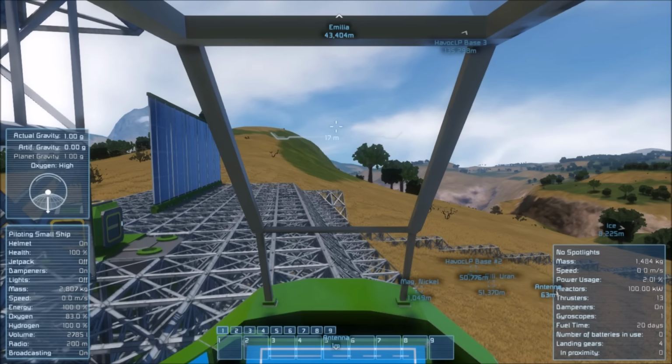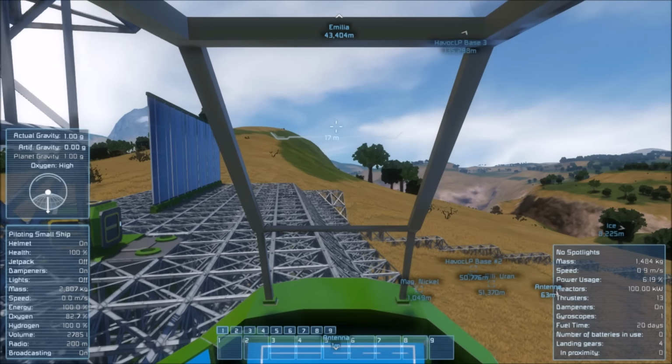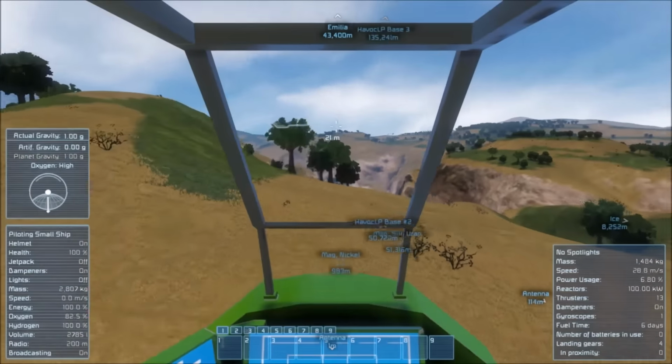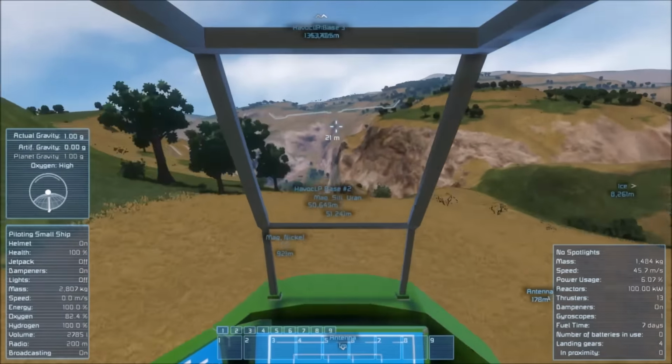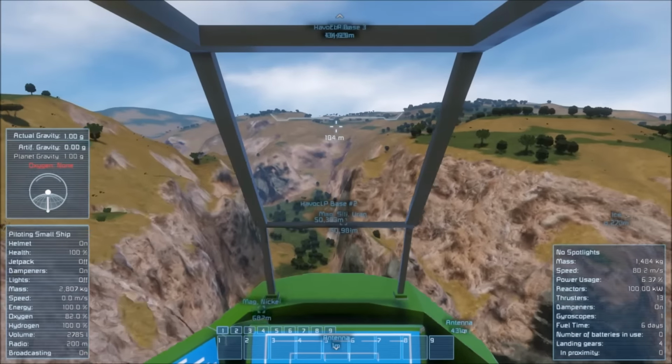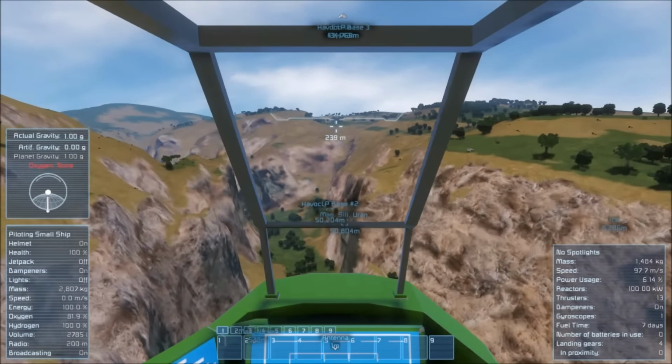Okay, so in our last episode we had just found all those nice juicy resources up at our second base. And so what I'm going to do now is grab the Tadpole and fly up there. I did grab some medical components, so I hope it's enough to get...